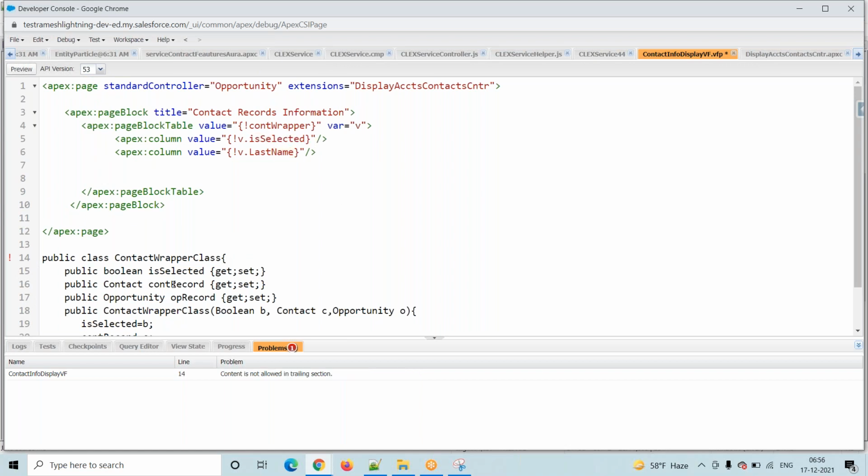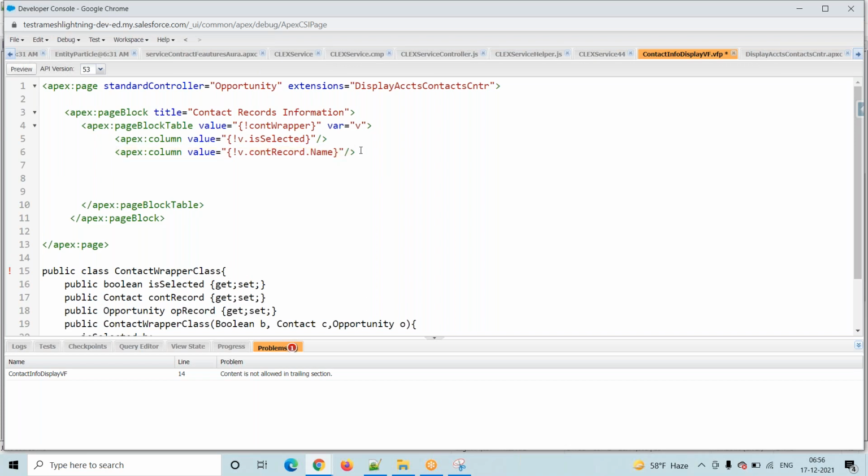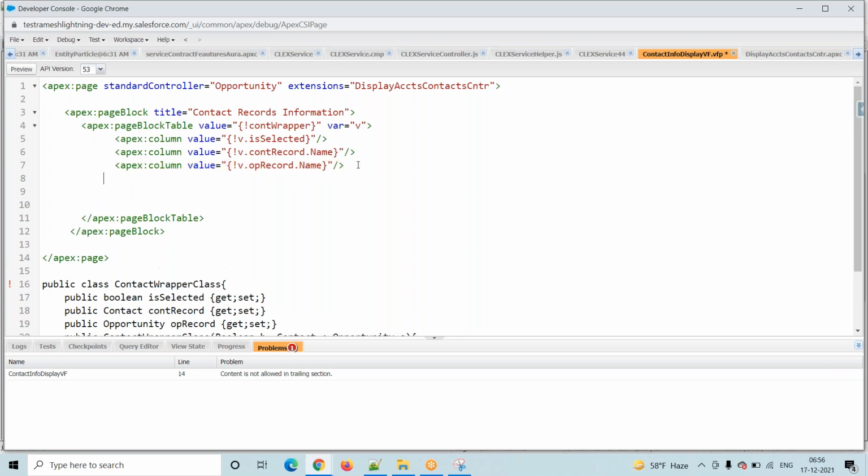Then the next one is we have contact record, right? In this contact record, v dot is selected, v dot contact record dot name. The next one, which one we want to display, v dot contact record, instead of contact I'm trying to display opportunity record dot name, and here opportunity record dot name.